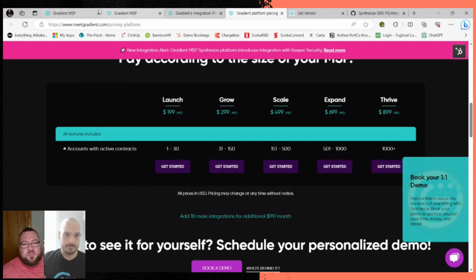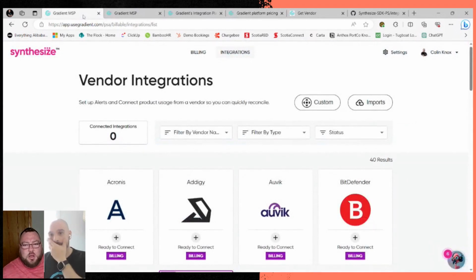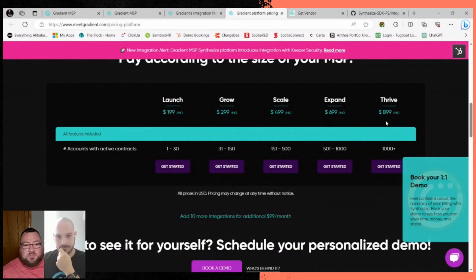Now, the one thing that I'm immediately seeing here, looking at your pricing, is I think it's very generous. I would say probably 1 to 30 is, whatever. I feel like that could be expanded a little more, but whatever. 31 to 150 is a huge range, and I'm guessing many of your partners, like 50%, are probably in that grow category. Yeah, that's bang on. That's where the bulk of MSPs land, right in there.